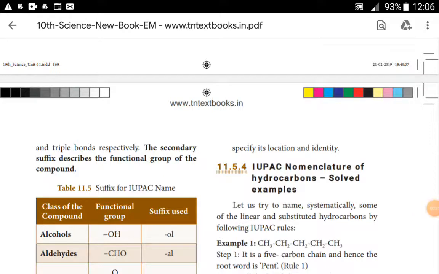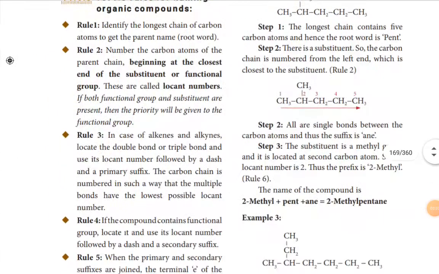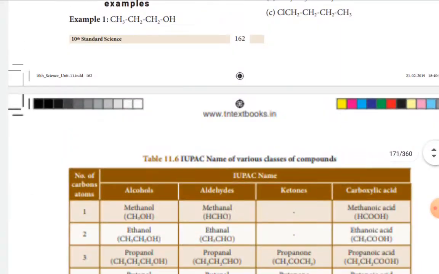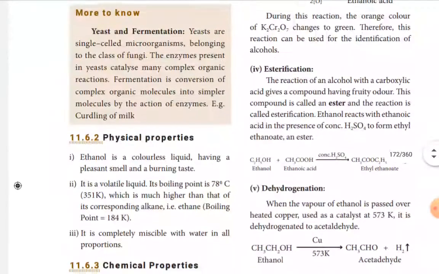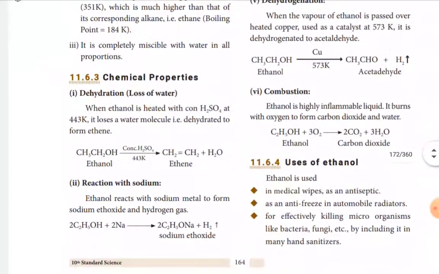My dear students of 10th standard, nowadays we are discussing carbon and its compounds. We learned up to the manufacture of ethanol from sugar molasses, and we also discussed the physical and chemical properties. In the last class we learned about the chemical properties of ethanol. The first property is dehydration, loss of water. From a molecule of ethanol, a water molecule is removed in the presence of sulfuric acid at 443 Kelvin to give ethene